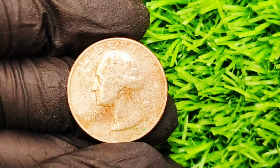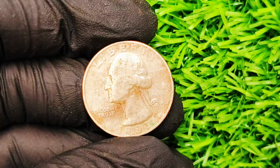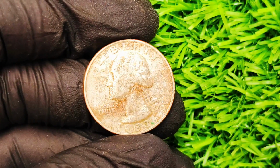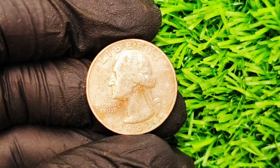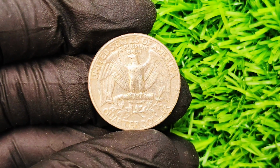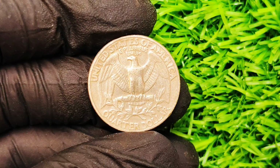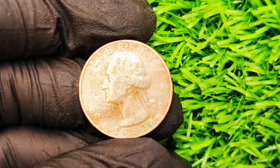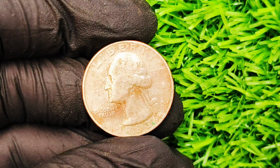This coin almost ended up in the trash, but it sold for nearly $1.5 million, and here's the part no one tells you: it looks almost identical to the quarter sitting in your pocket right now. In 1983, the United States Mint in Philadelphia struck millions of Washington quarters. Ordinary coins, loose change meant to buy a cup of coffee or slip into a parking meter. But hidden among them was a mistake so rare, so dramatic, that it would take decades before collectors realized just